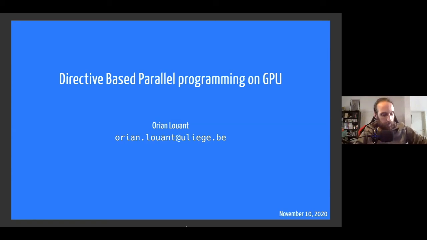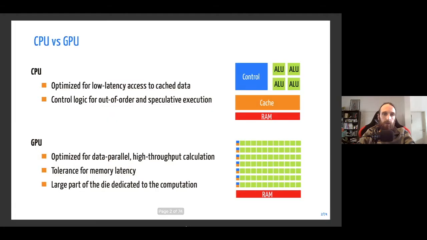Thank you, Damien. So, quite the same topic, but a different way to program a GPU. We will use directives that we give to the compiler in order to generate the code that can be run on the GPU. So it's a completely different approach, and the introduction is quite the same as the one of Olivier. As I've seen in the registration, most of the people that take this session are exactly the same as the ones that take the CUDA session. I will go really fast.